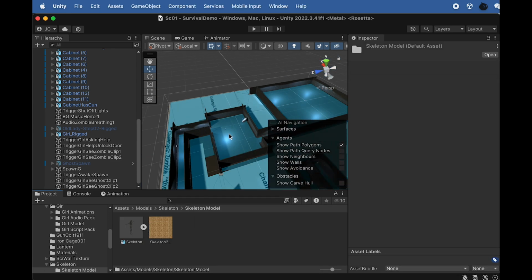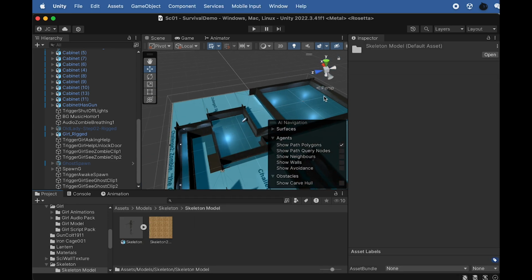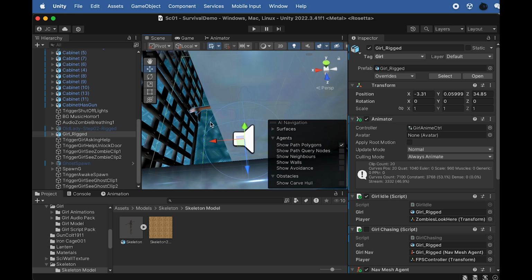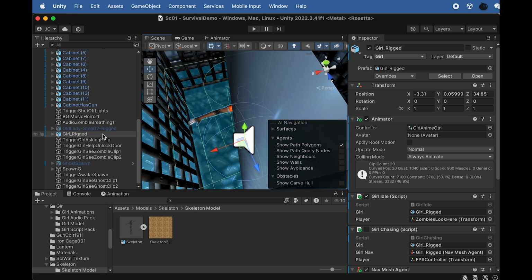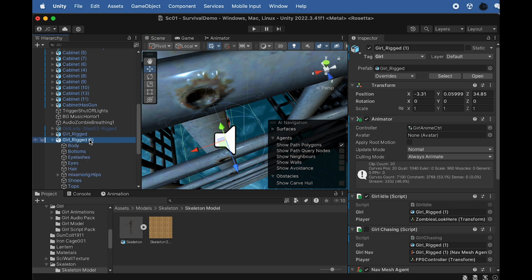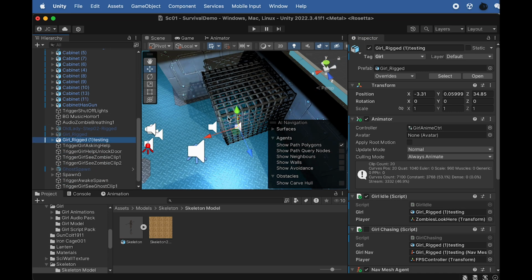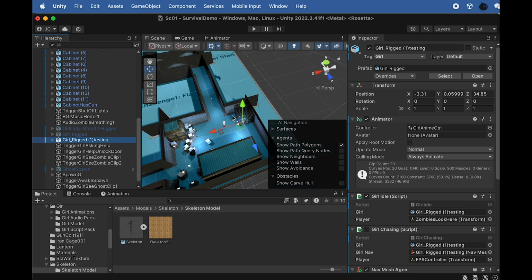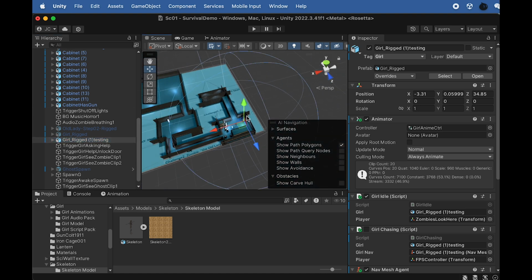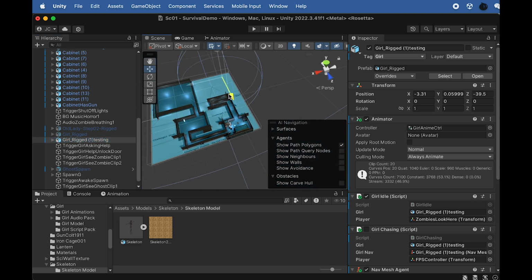Okay, so here we want to put our boss here in the center, in the last stage. So we want to duplicate this girl just for testing purposes. I'm going to hit Command D to make a duplication. Same thing as what I have done last time, right? So make a duplication and say testing, and I'm going to hide the original one, and I'm going to bring this duplication to the stage. So I'm going to bring her to here,